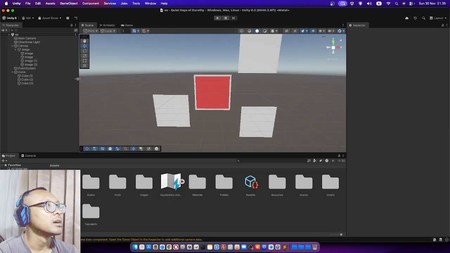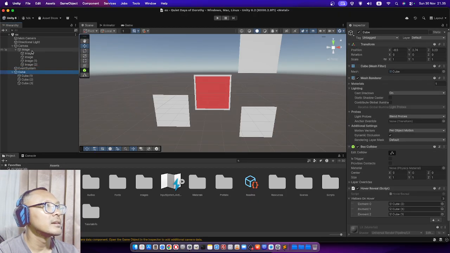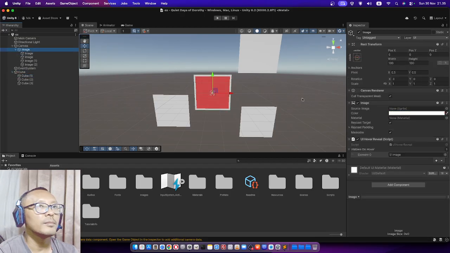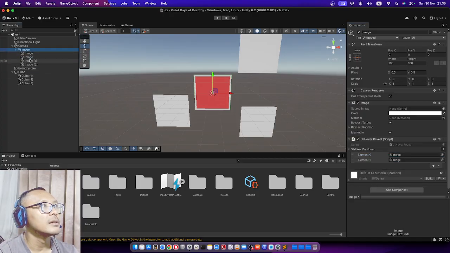this script so they can be enabled and disabled when I hover on the UI element. This is my main UI element. It is an image, and I have this UI hover reveal script here, and I can add more images here. I can add more objects. This is the first object. I can add this one and also this one